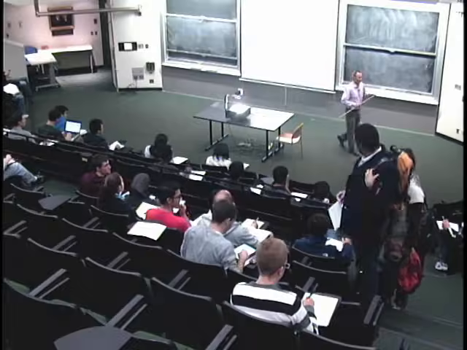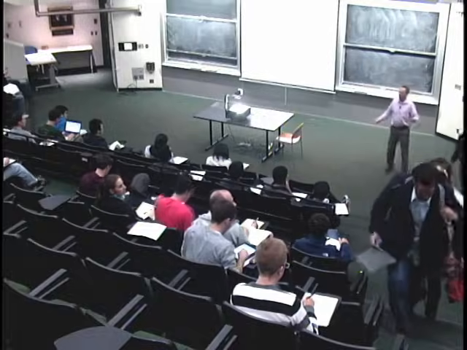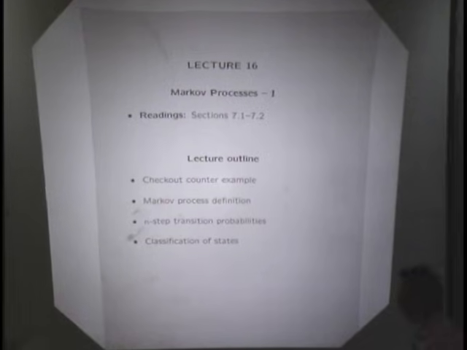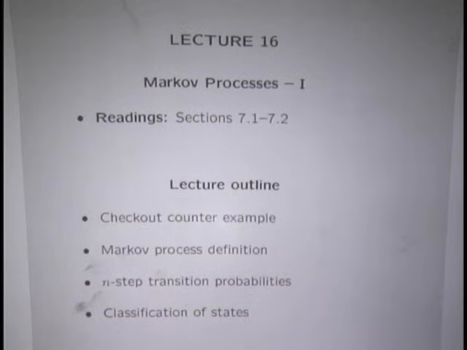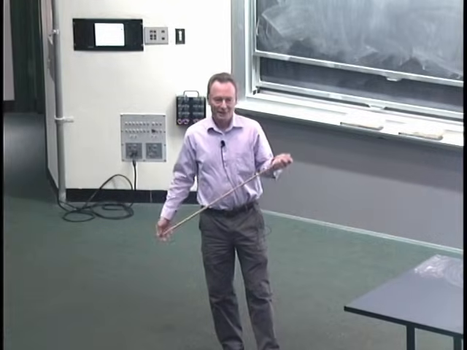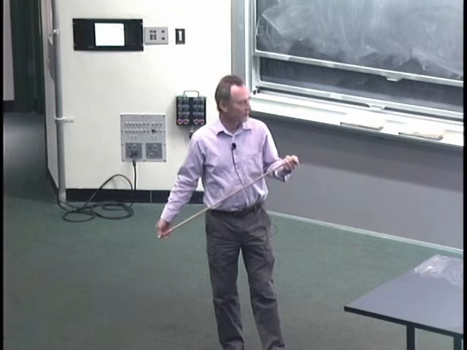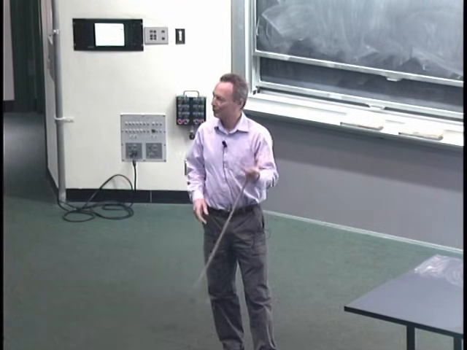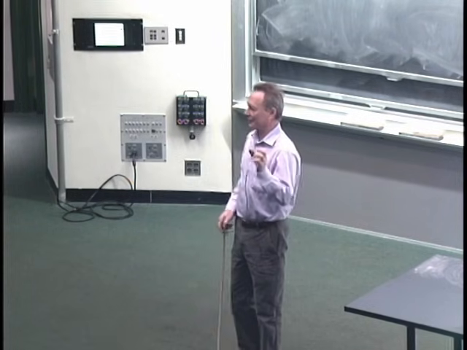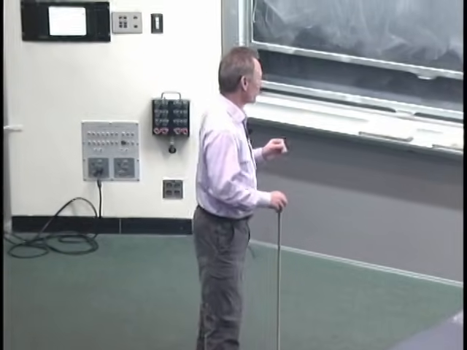So we're going to start now with a new chapter. We're going to talk about Markov processes. The good news is that this is a subject that is a lot more intuitive and simple in many ways than, let's say, the Poisson processes. So hopefully this will be enjoyable. So Markov processes is a general class of random processes. In some sense, it's more elaborate than the Bernoulli and Poisson processes because now we're going to have dependencies between different times instead of having memoryless processes.